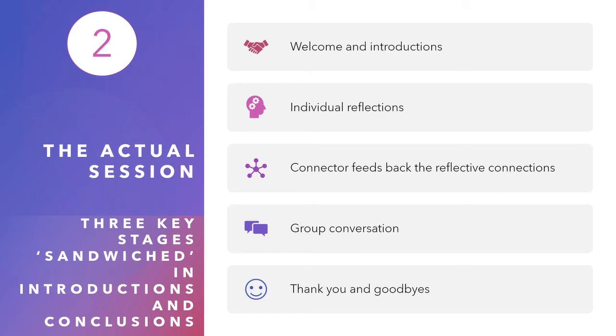So the connector feeds back their reflections on listening to the session. And that feedback will be, again, for 5 or 10 minutes, the same amount of time that each person has reflected. The key difference here is that the connector hasn't been able to prepare for their individual reflection, because they've just listened to everybody's reflections and then they give their feedback on those reflections. That's followed by a group conversation. So when the connector finishes, they might say, these are the connections that I heard, but did people hear a different connection, or how does it feel listening back to me reflecting on what you shared? So you're just going to invite a group conversation.